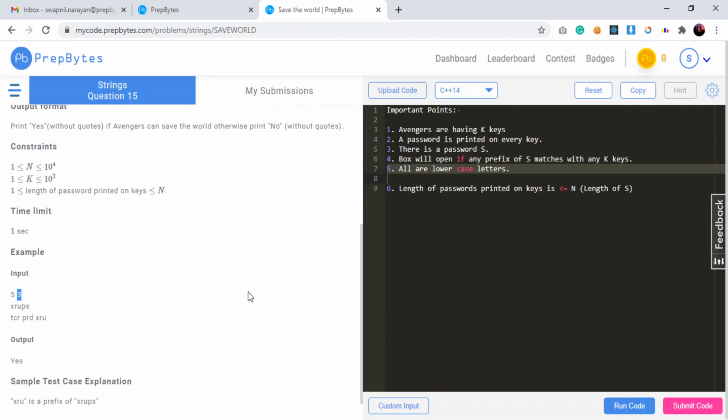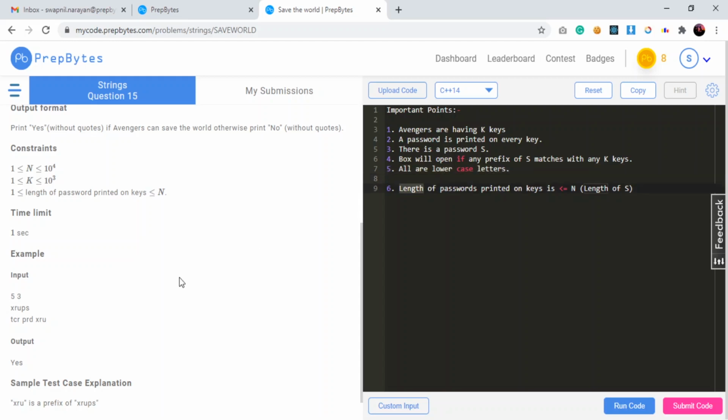The given constraints for this problem are: n can be as large as 10 to the power 4 and starts from 1, and k can range from 1 to 10 to the power 3. Something to note is that the length of passwords printed on the keys is always less than or equal to n. I have noted this over here.